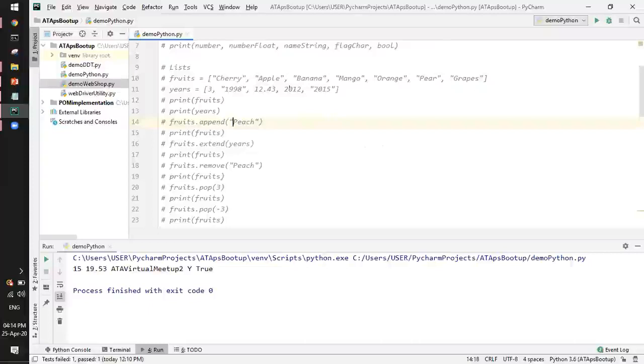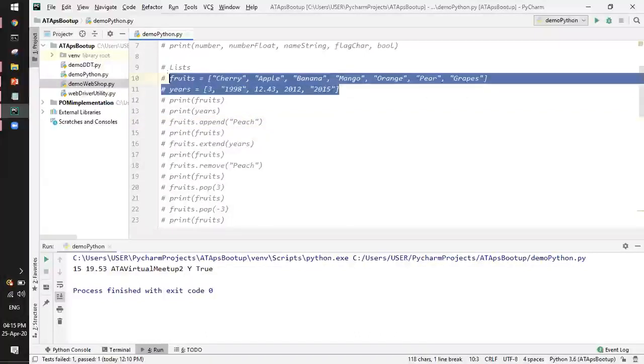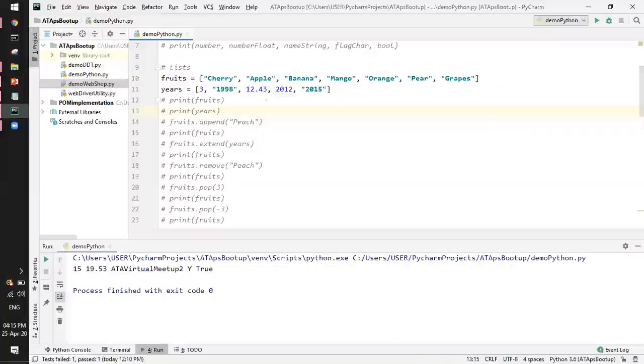Fine. So the next part I can think of is lists. Again, a very simple thing to understand. I have taken up only those Python features which we might be using in our programs, and it will be easier to understand if we have an idea of those things before going to the actual program. Here we can see two types of lists which we can initiate. The lists are similar to arrays, which we use in Java.